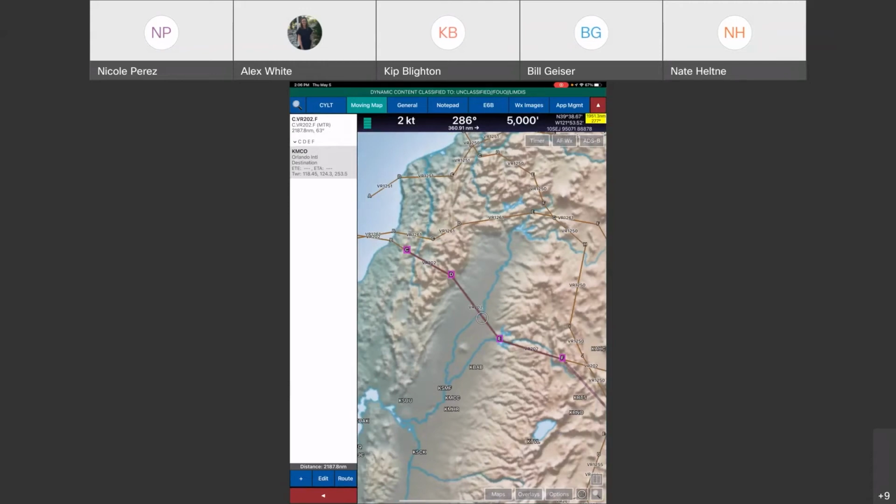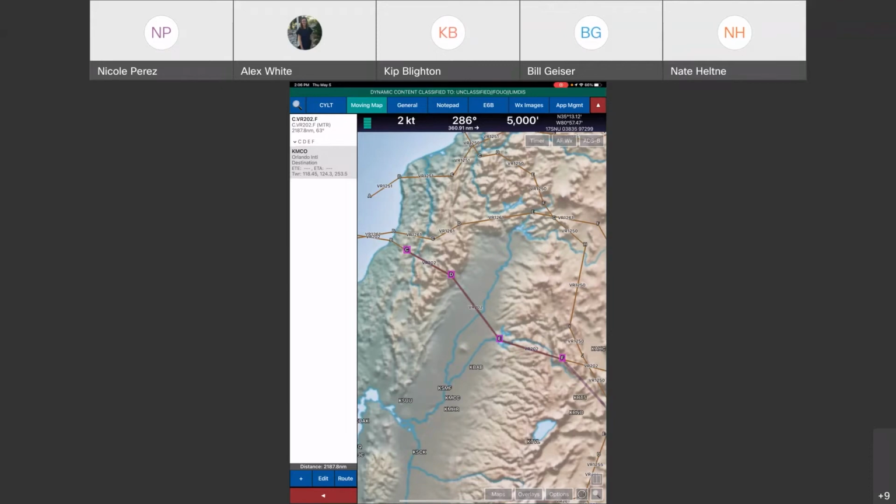All right, so now we're going to move on to the new features. We'll start off with adding KML to the route. So if you have a route in a KML file, Aero App is now able to load it to the route panel and display it as your current route.